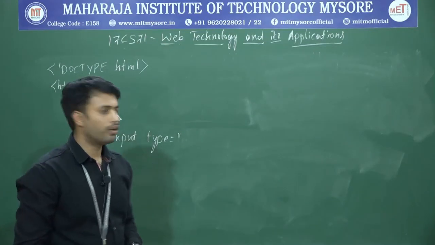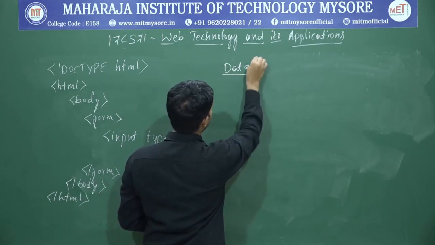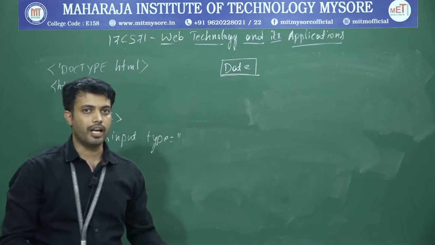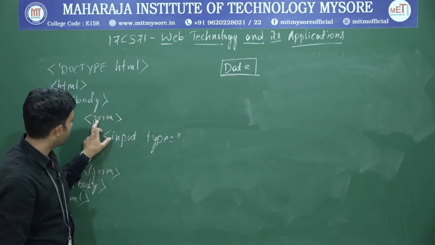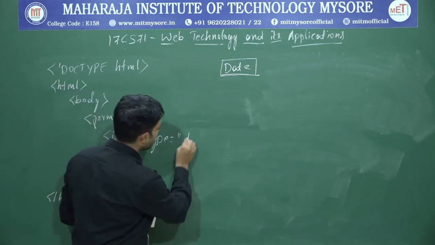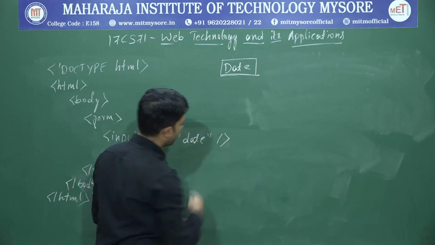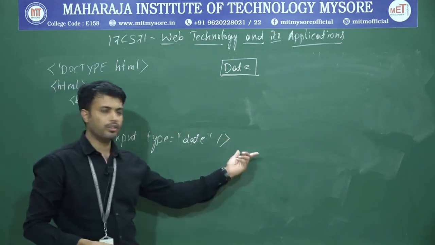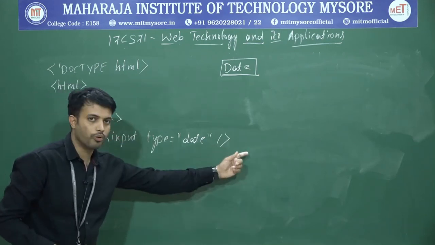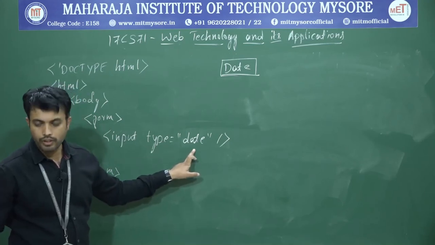So, our next control is what? Date control. That means the date input. So which are all the form control elements which we can use? Of course, under the form input tag, within that input tag. So, the first one is date. I am going to close this. We can use other attributes also, but here I am not using any attribute. So, type equal to what? Date.